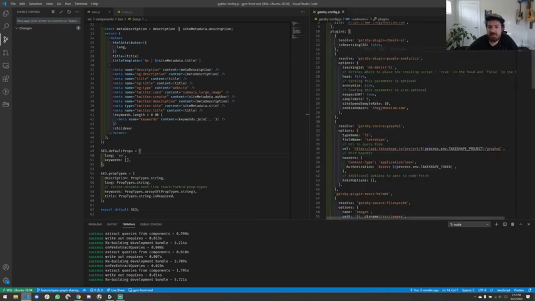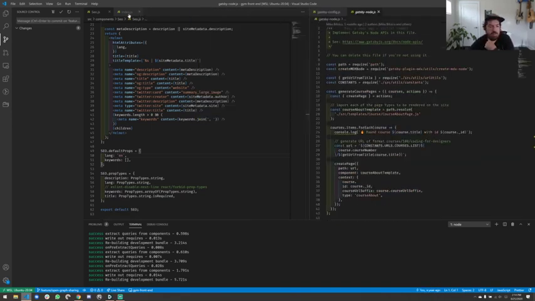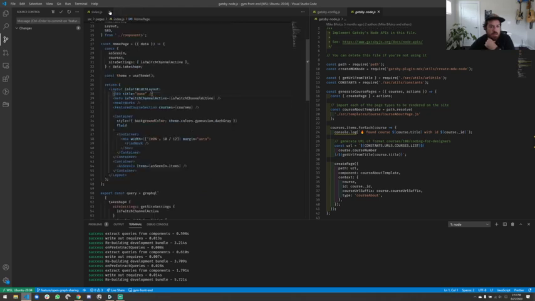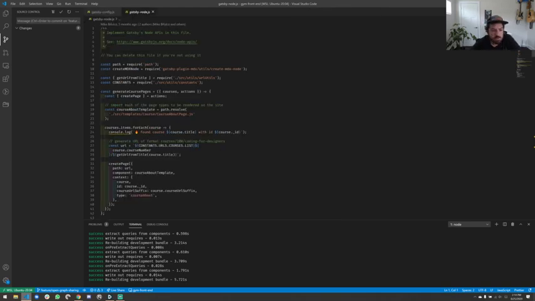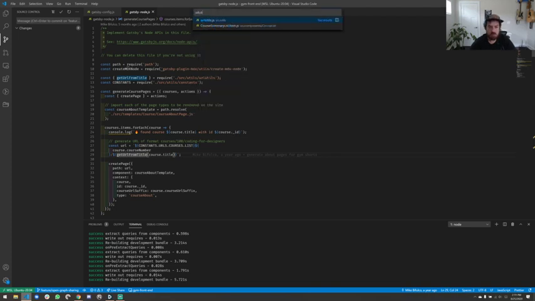Now, let's get down to business. So Gatsby node is the place through which we set up all of our courses. And it looks like the implementation of get URL from title is what I want to look at. So that's going to be in URL utils.